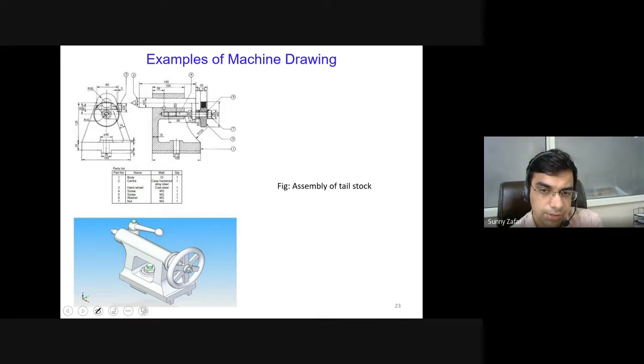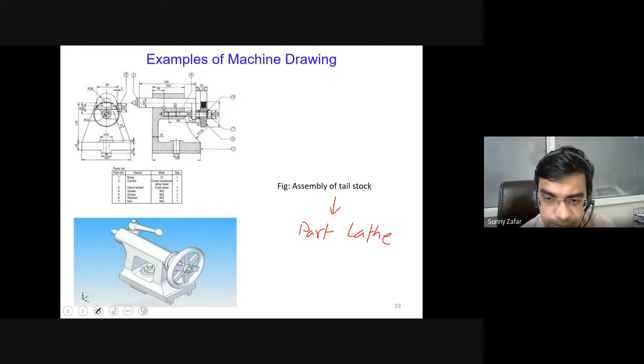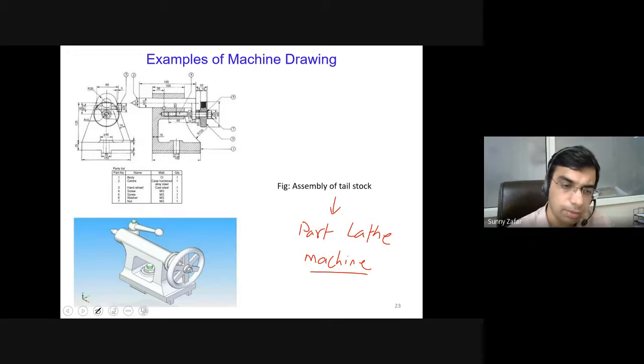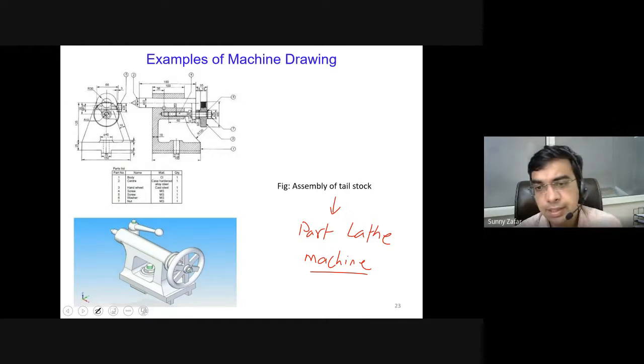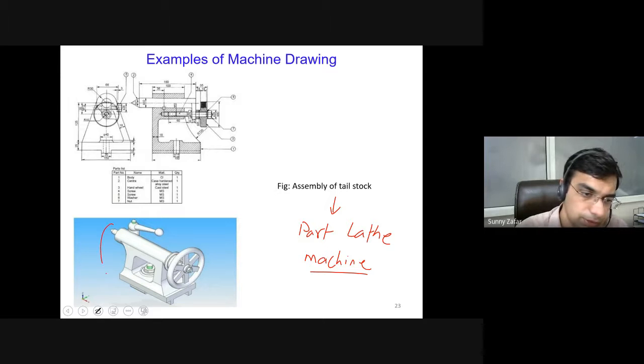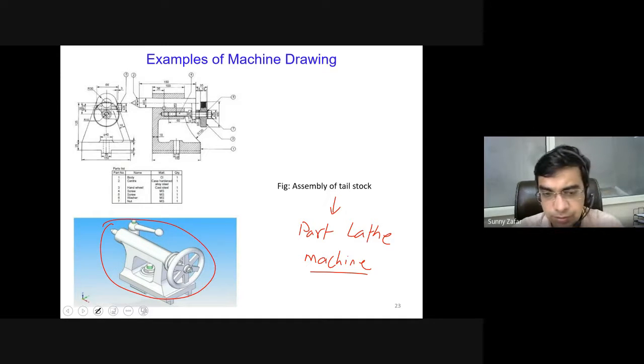In the slide, you can see the schematic of a tailstock. This tailstock is basically a part on the lathe machine which supports long workpieces. If some of you have not seen the lathe machine, we had discussed it in the PRT course. The lathe machine is a very versatile machine tool which is used to produce parts by removing excess material in the form of chips. This lathe machine has this component shown here, known as the tailstock.